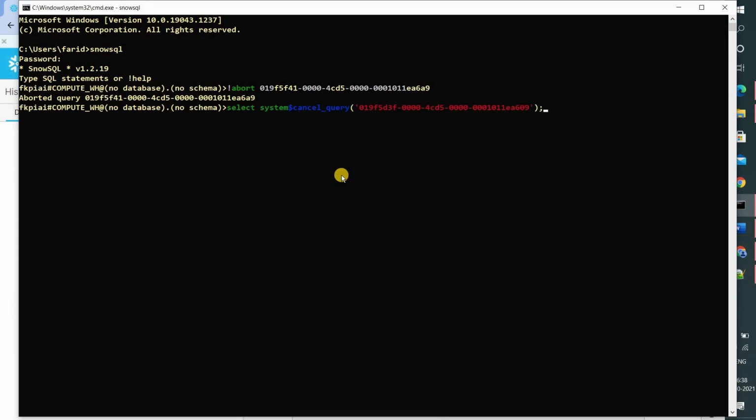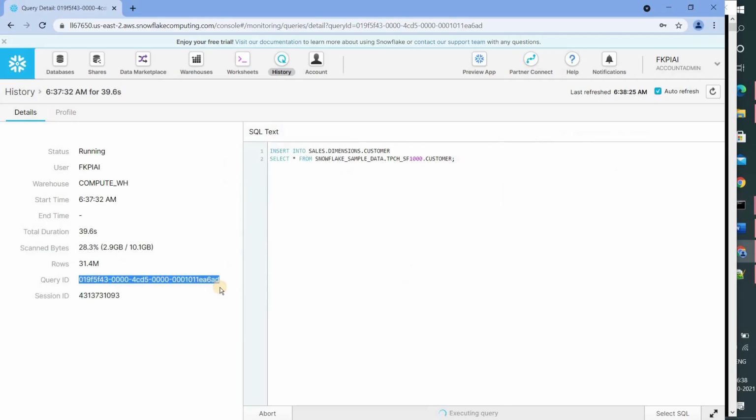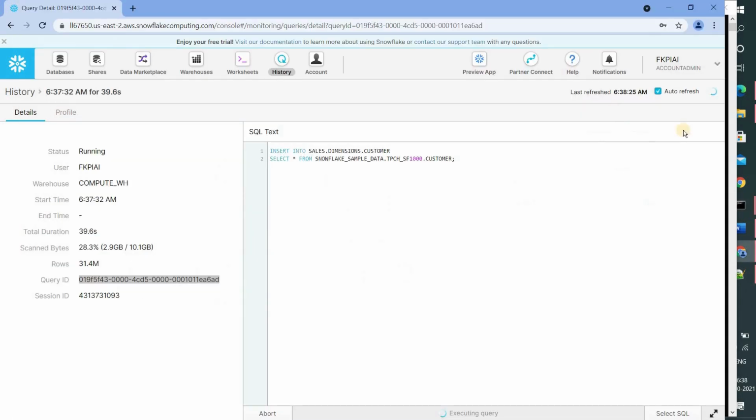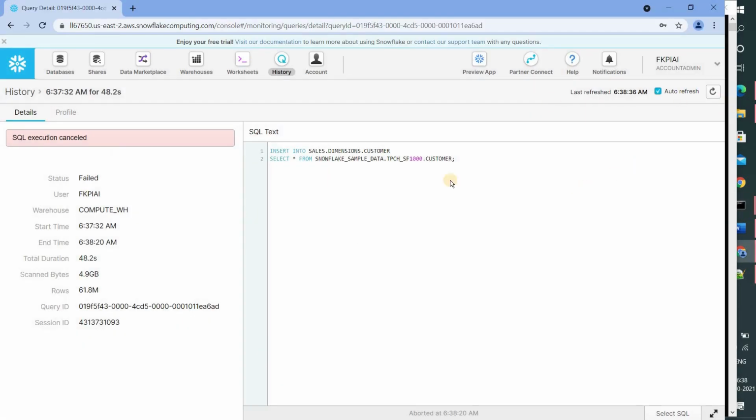Go to the SnowSQL prompt and use this function, and within single quotes give the query ID. Copy the query ID and provide it here. Query got cancelled. If you refresh here, you will see this message.